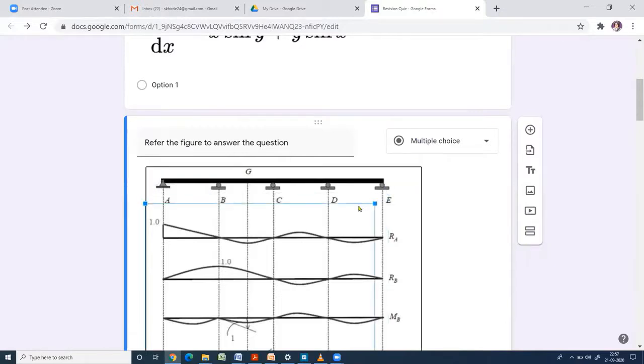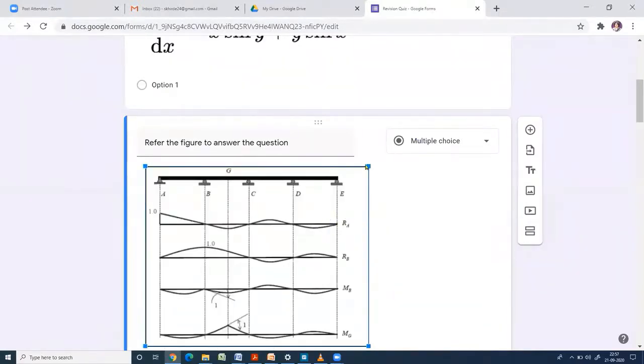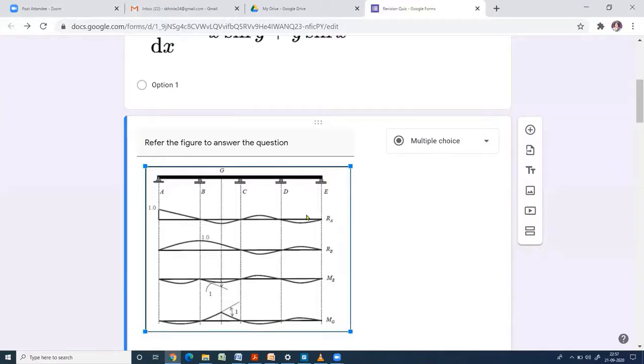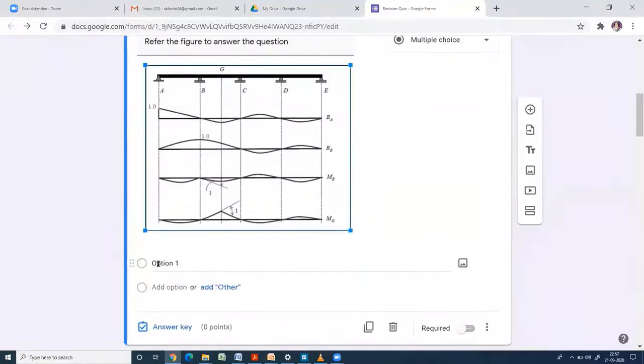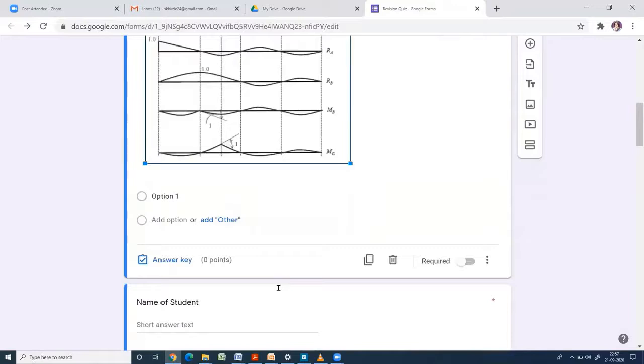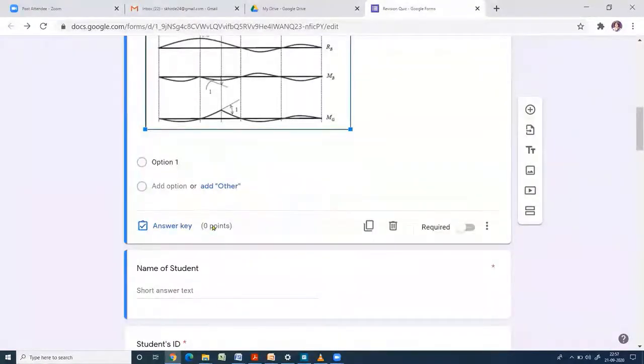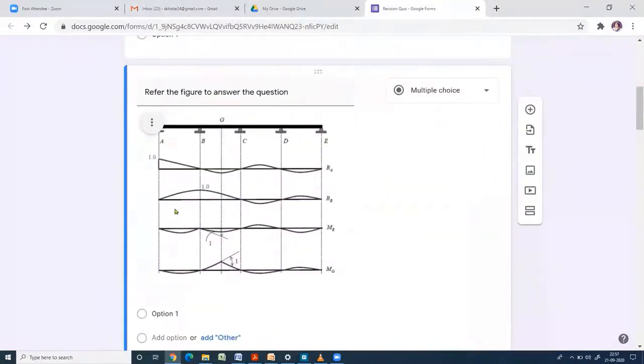So you can resize this as per your requirement, and then you can add the question, modify the questions, and then you can add the options for this. You can give the marks here and make it required. So this is how we can add graphs or the sketches in your Google quiz.